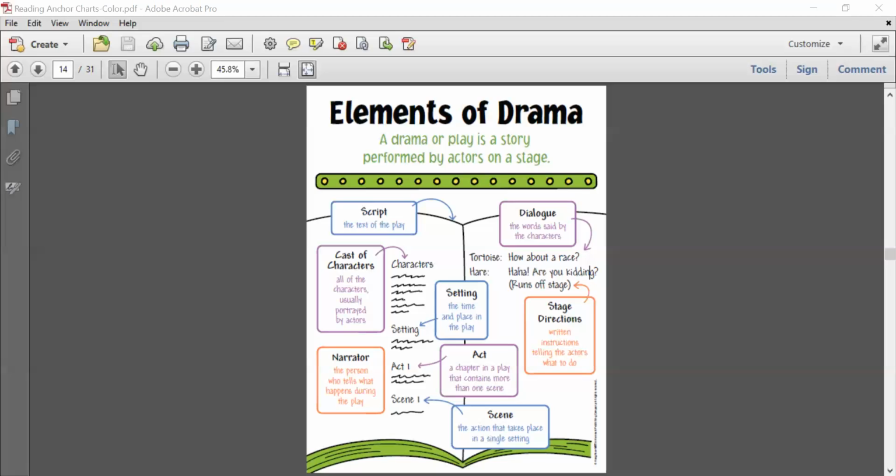Of course, here's the setting. It says a small house in a forest backdrop, in a house backdrop with a curtain for a door. Backdrop is almost like the background of the stage. It's usually painted. Maybe there's a few trees that are brought in, but usually a backdrop is something that's painted and it's toward the back of the stage, and the actors kind of perform in front of it.